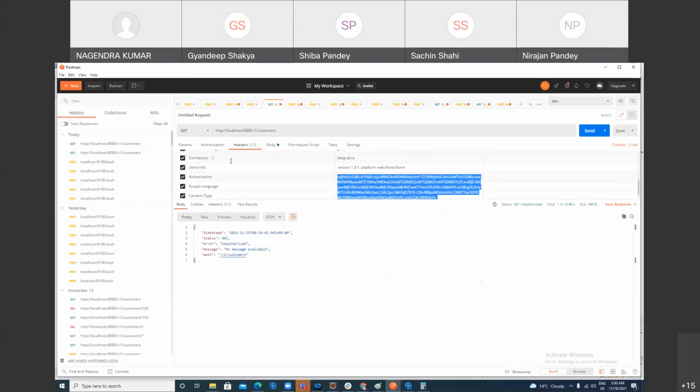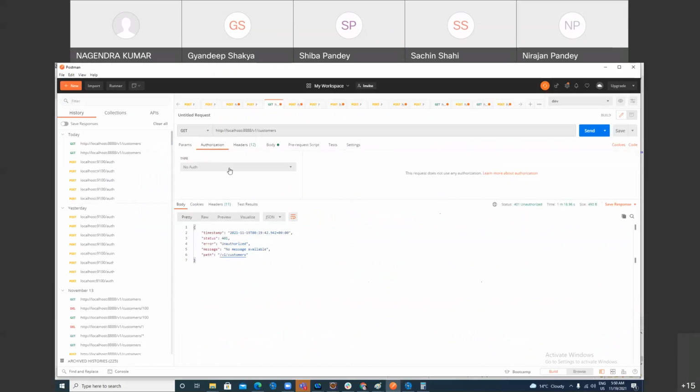If you really want to set the token, go to the authorization tab and choose Bearer Token. Paste the token over here. So in this way, what happens? If you go into the header, automatically